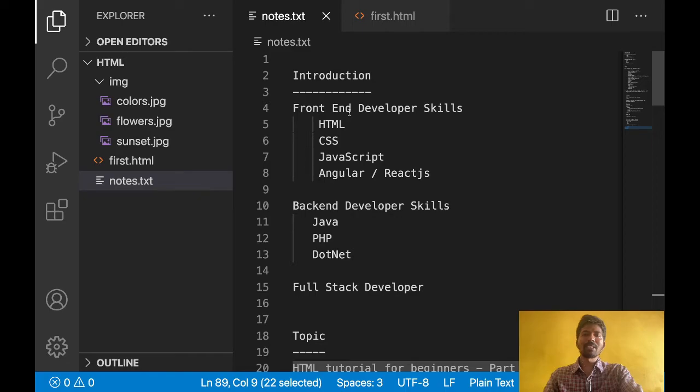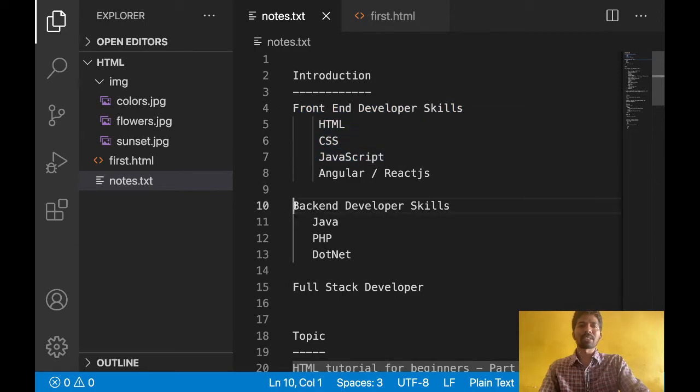For a front end developer, these skills are required: HTML, CSS, JavaScript, Angular. HTML will give the structure of the web page. You can display some content. Whatever content you displayed, you can style using CSS. JavaScript and Angular are useful if you want to perform some functional things. Let's say after filling some form, I want to save some details, then you can use JavaScript and Angular. That is about front end development skills.